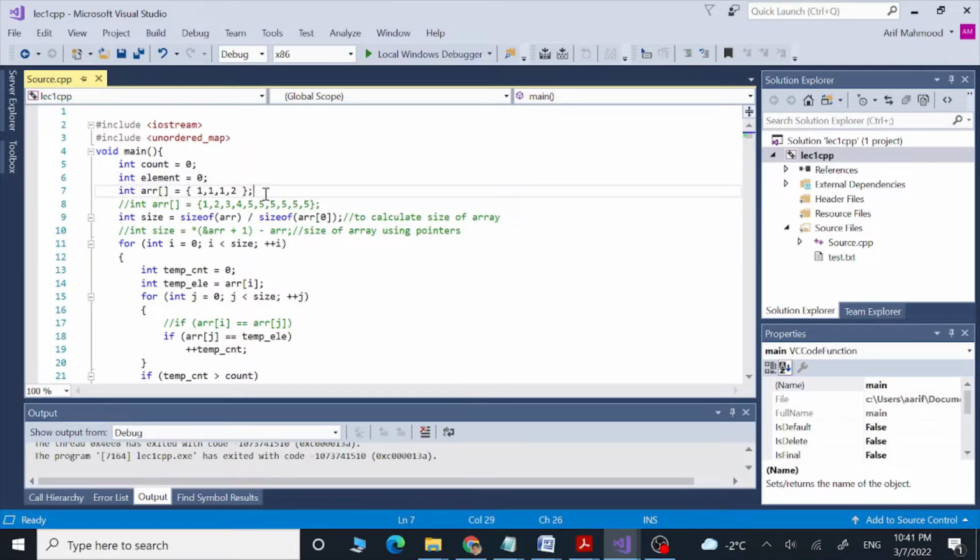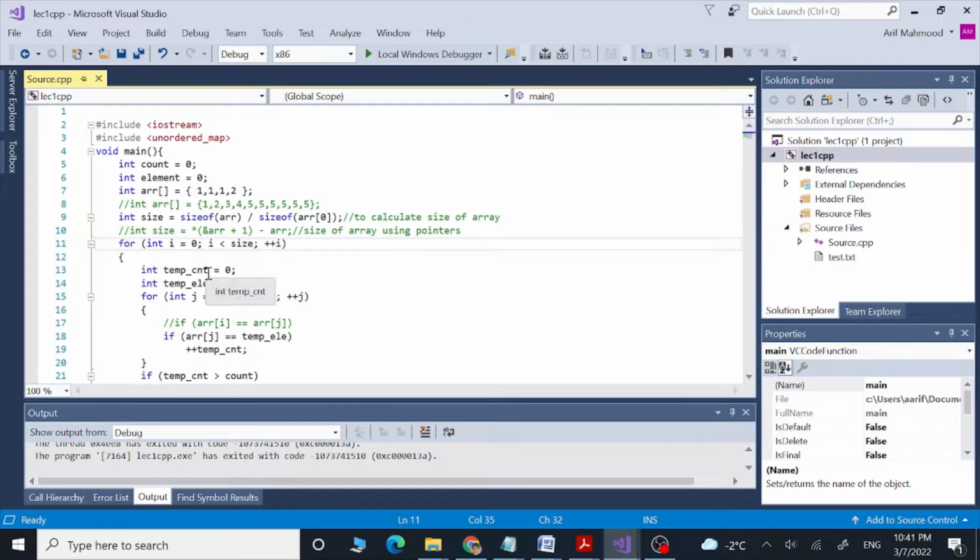Then we have defined here a small array which has just 4 elements, and the most frequent element in this is 1. And after that we have defined the size variable, and this is going to give us the total size of our array. And then we have defined a for loop, and we are going to run this for loop over our total array. For the whole size of the array this for loop is going to run and give us those elements.